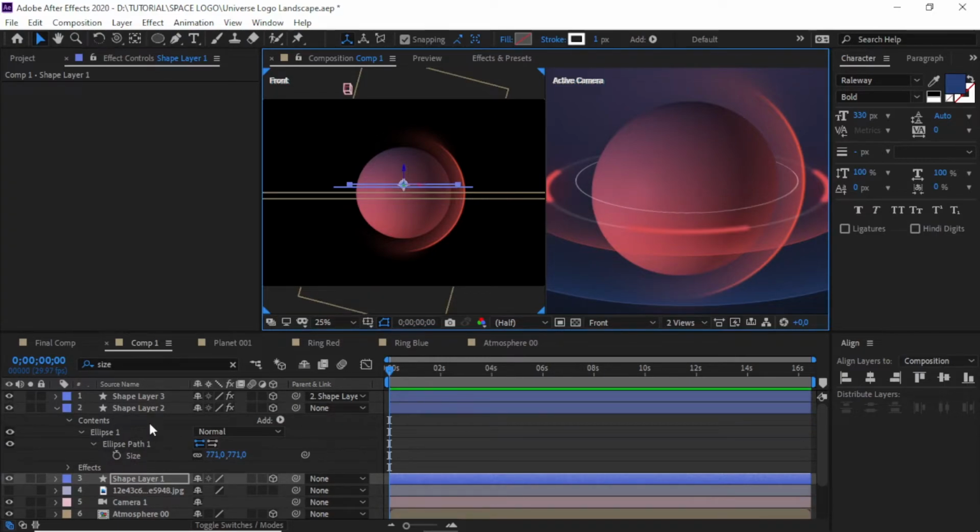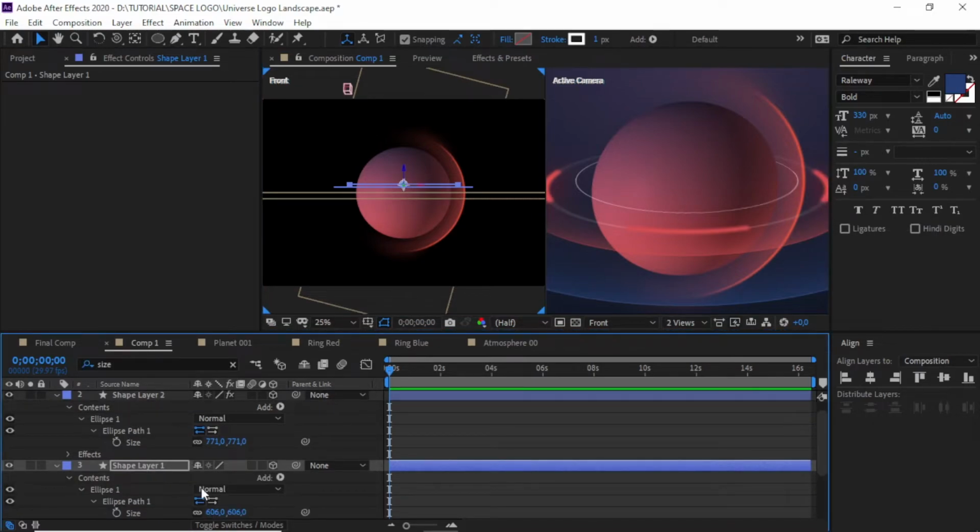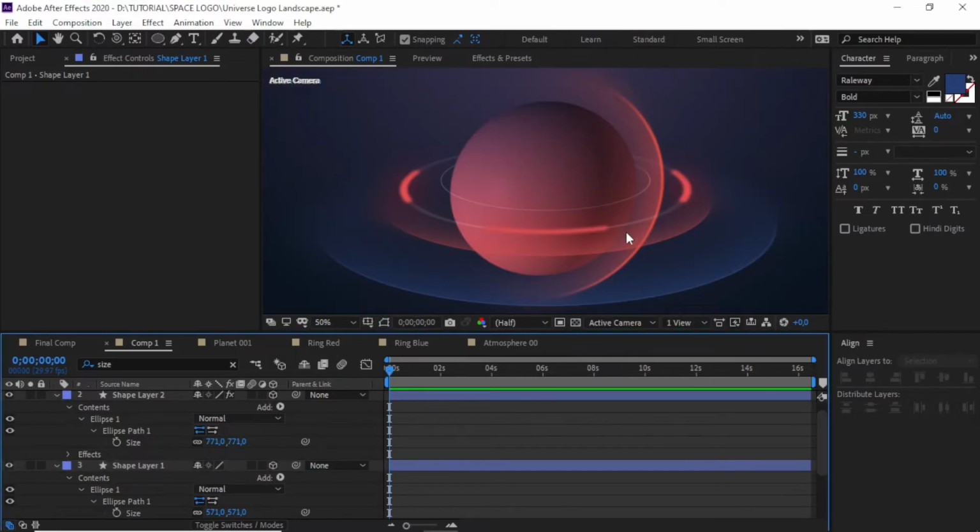We will scale down the size, maybe scale down the outline also, something like this. I think it's pretty close for me.